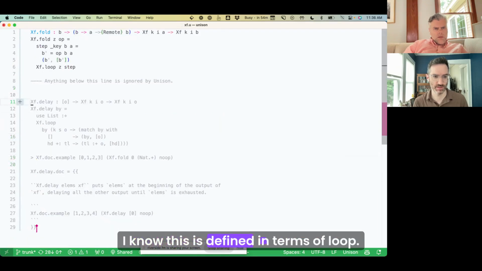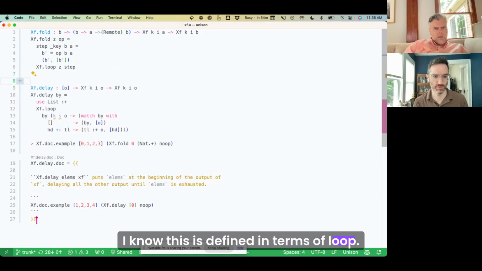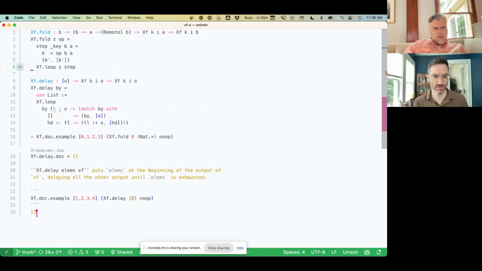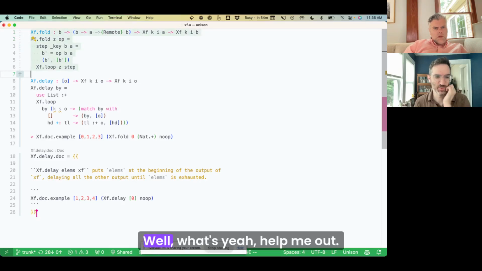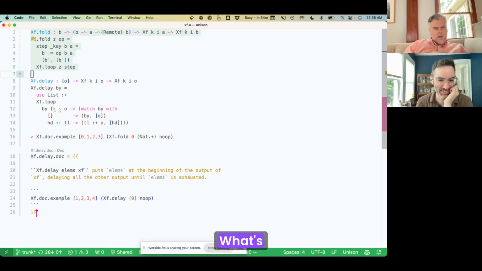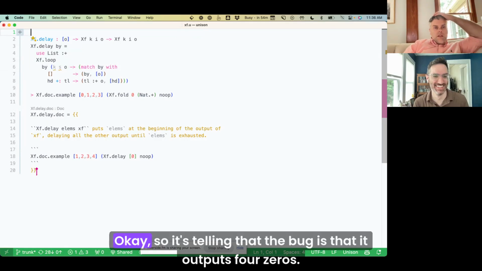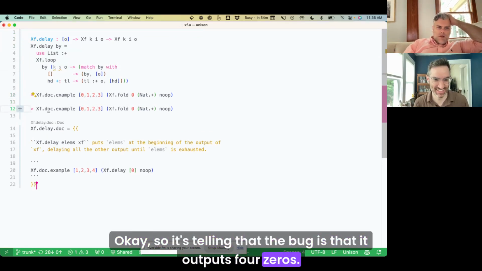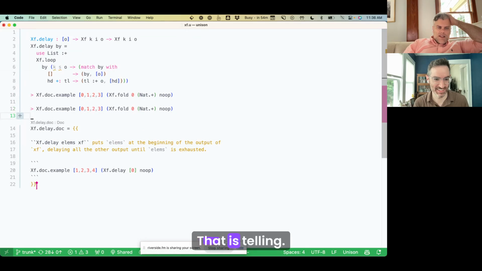I know this is defined in terms of loop. Well, help me out. Okay, so it's telling that the bug is that it outputs 4 zeros. That is telling.